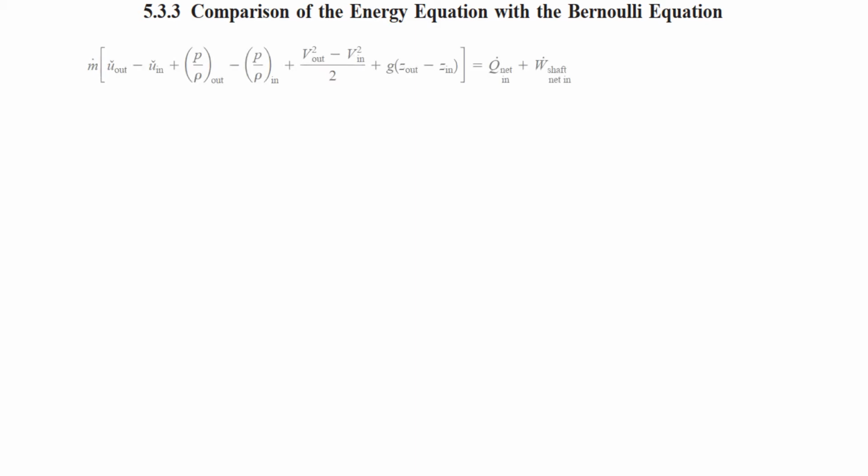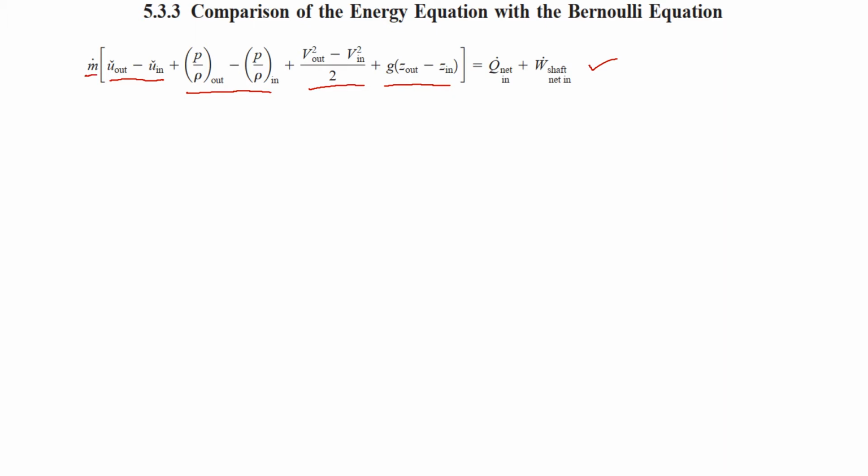Previously we derived this equation for a simple streamlined tube, as you remember from your previous lecture, that had one inlet and one outlet, and for that we wrote an energy equation that looked like this. These are the terms for the change in internal energy, the change in pressure at the inlet and outlet, the change in velocity at the inlet and outlet, and the change in potential energy at the inlet and outlet,